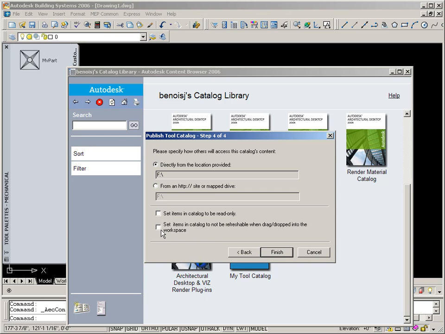Now, this next one's kind of important. Set items in catalog to not be refreshable when drag-dropped into the workspace. So a lot of users think, well, that's probably good to leave unchecked. We want our tools to automatically refresh from the central catalog. Well, in reality, it's a performance hog. I hate to say that, but think of all these computers threatening